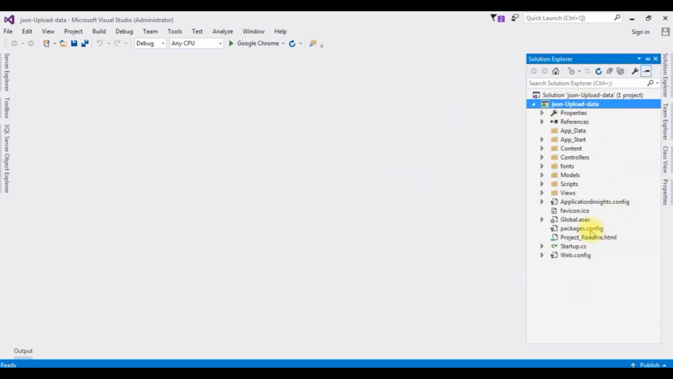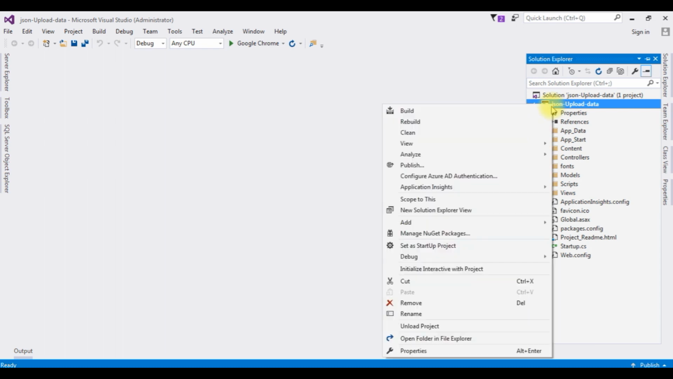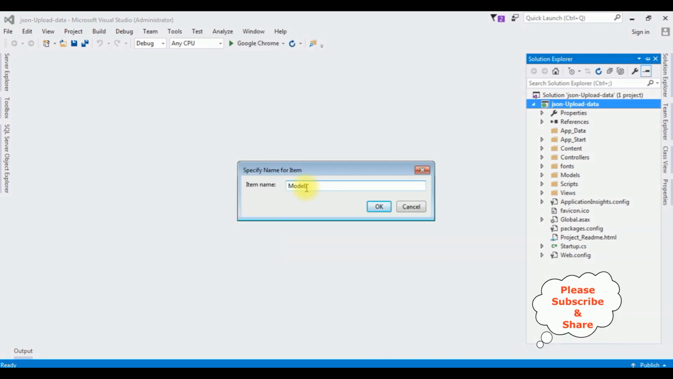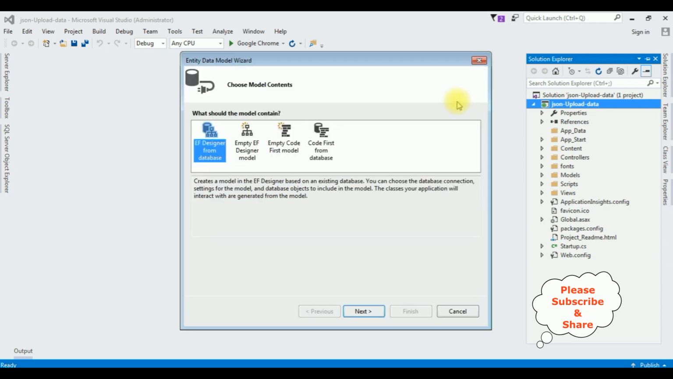First, in this project folder I am adding an ADO.NET Entity Data Model. Right click the project name, add, ADO.NET Entity Data Model. I'm selecting that one. The model name is JSON. Okay, and from the model contents I'm choosing EF designer from database. Next,